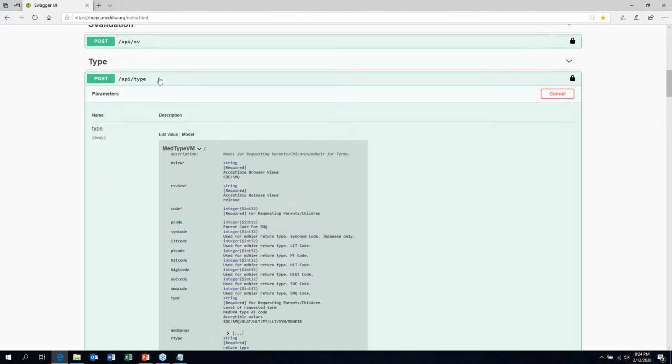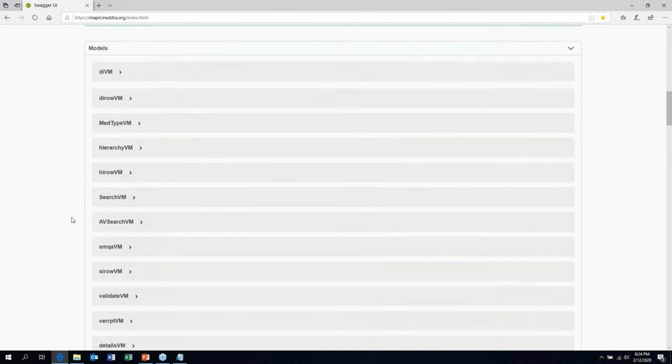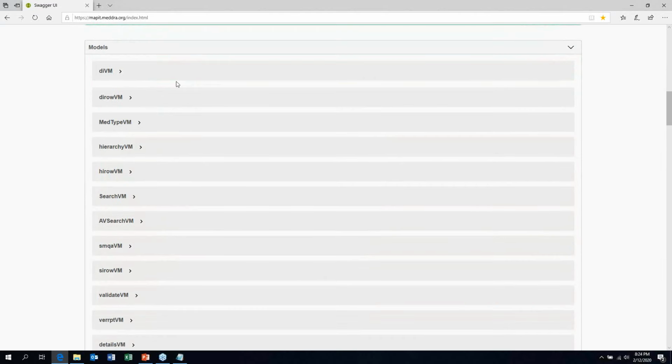The other thing I'll point out is at the very bottom, there are a list of all the request and response models for MedDRA APIs. Unfortunately, Swagger does not do a very good job of organizing this information. So to assist users in understanding which request and response models are associated with which APIs, we've included a table in the appendix of the programmer's guide that lists that information.